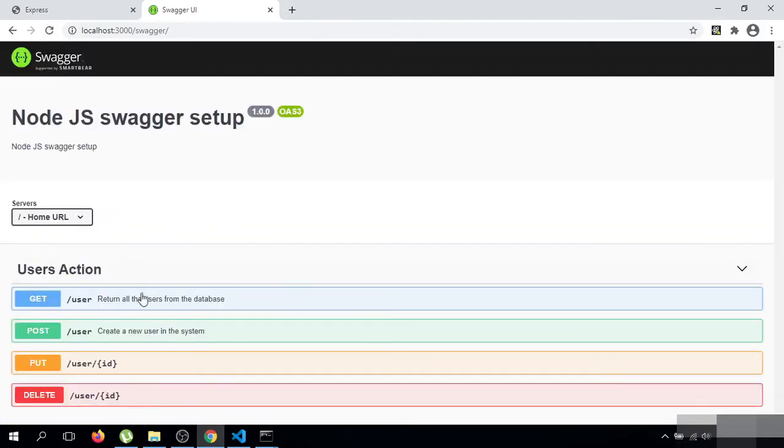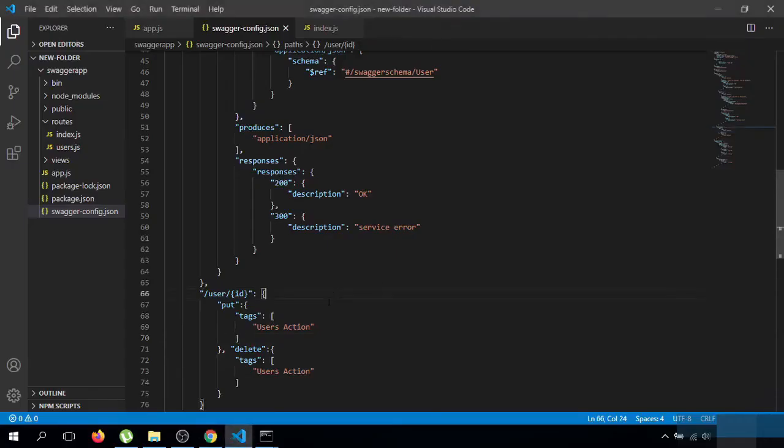See that now we have a get user, post user, put user and delete user routes in our Swagger.